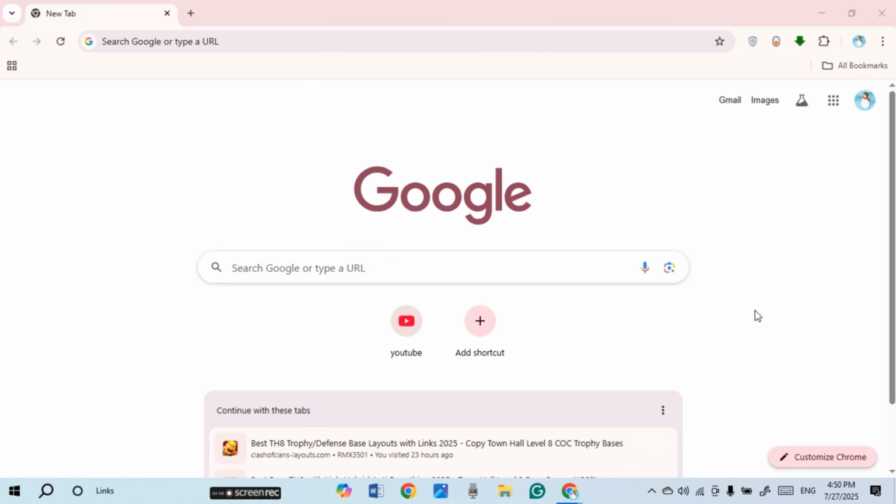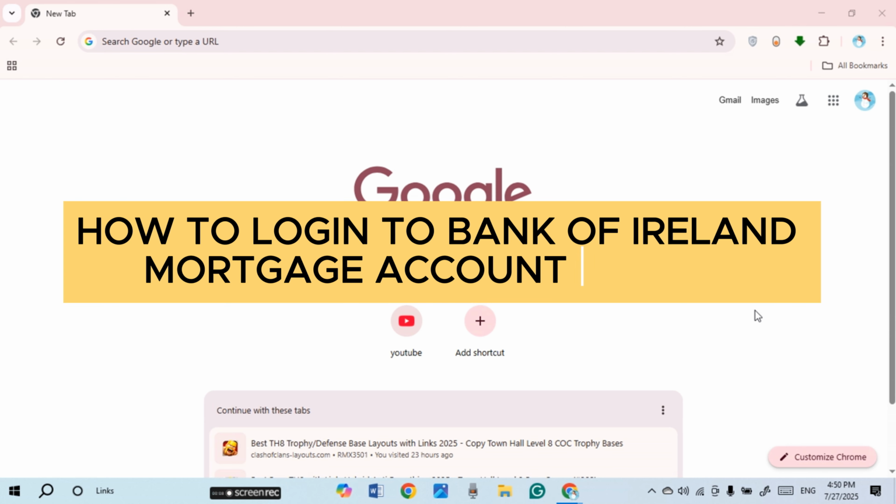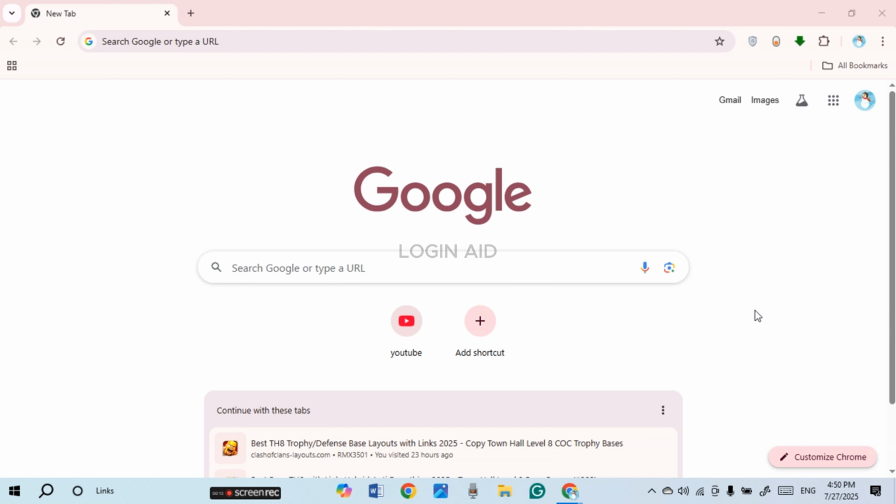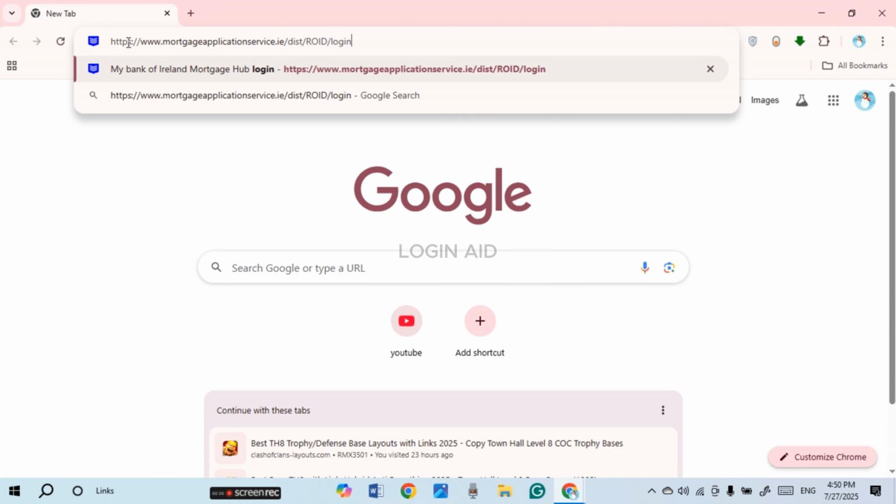In this guide video, I will show you how to log into Bank of Ireland mortgage account online. So first of all, what you have to do is launch any browser of your choice. You can see over here I have opened Google Chrome. Now click on the search bar. Now what you have to do is type in this link